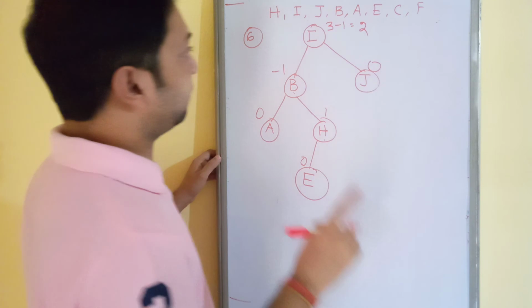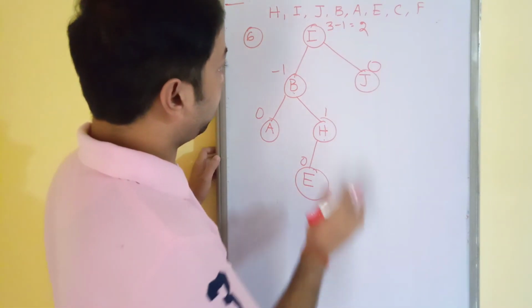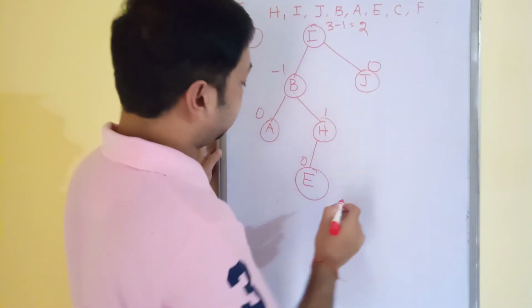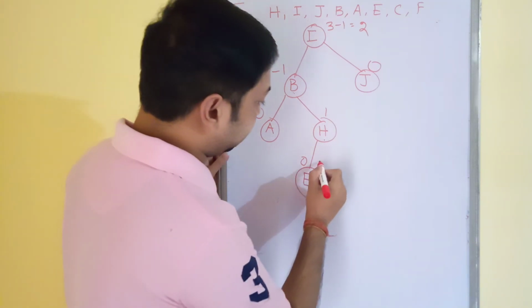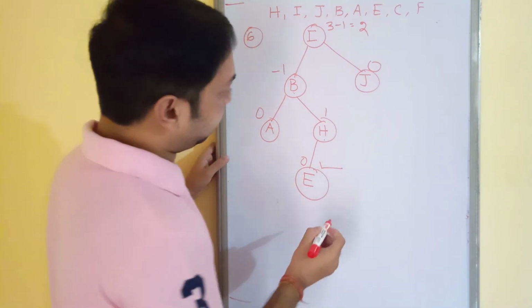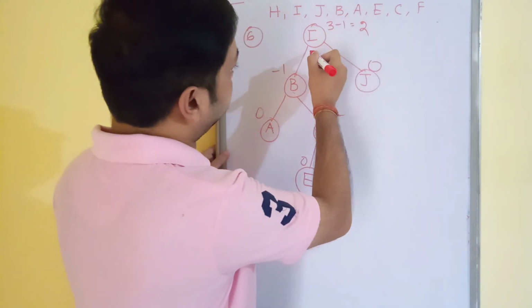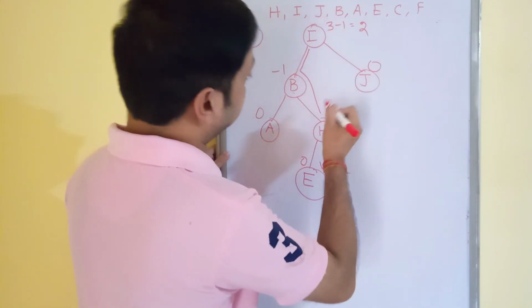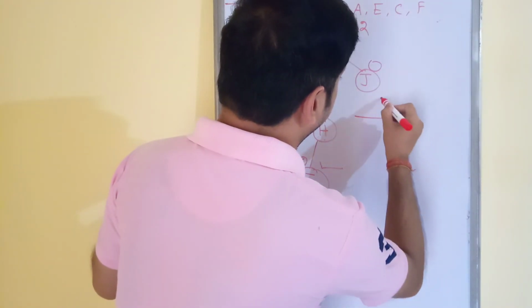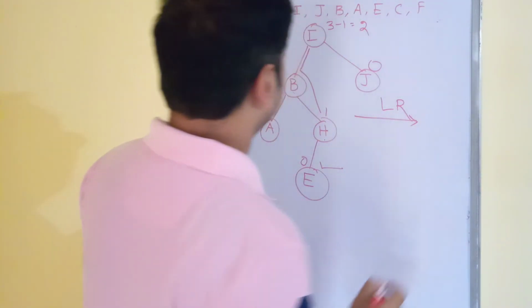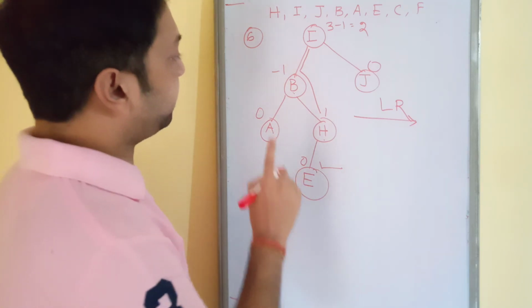Now which rotation will be applied? So just see first thing, which subtree? This is the left subtree, and now the node for which the tree is unbalanced, that is E. So now you need to take which path? This is the unbalanced node, you need to take this path. So that is your L, R, right? So you need to apply here L, R. Okay. So now see I, B and H.